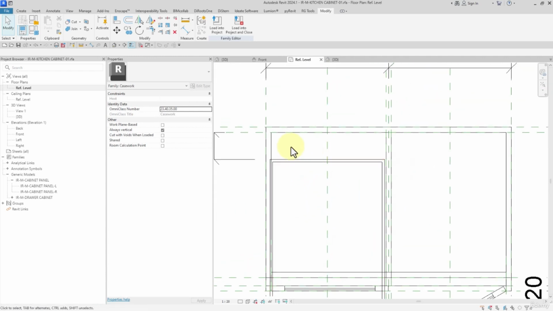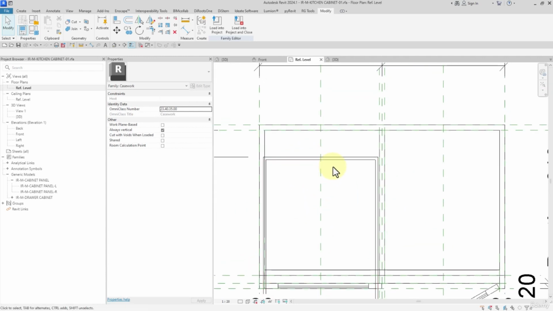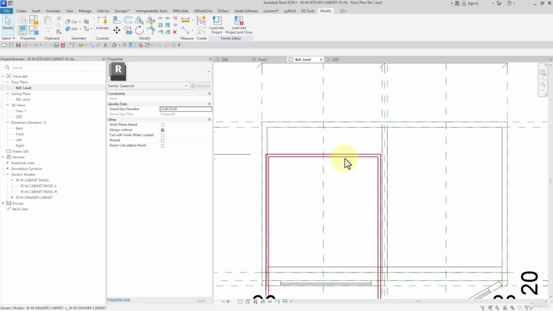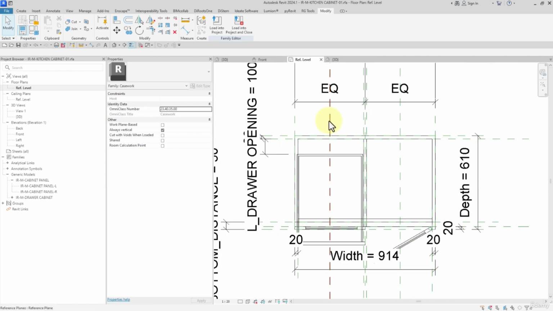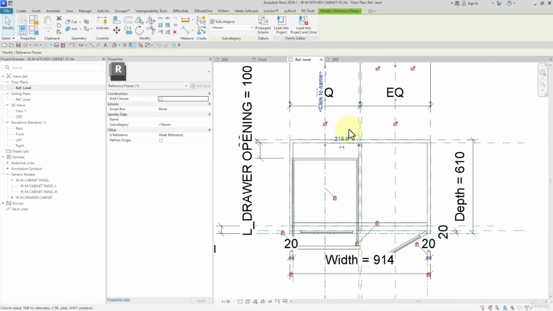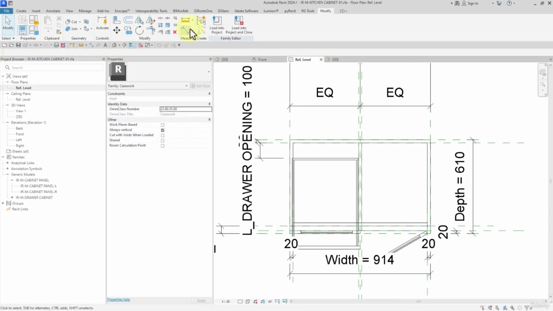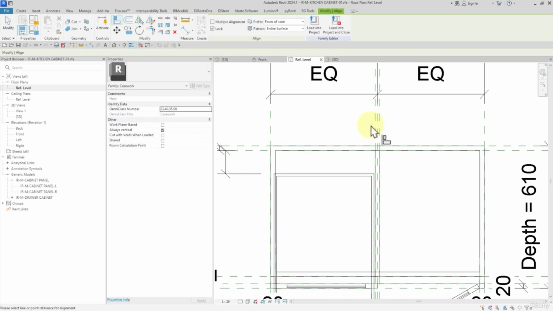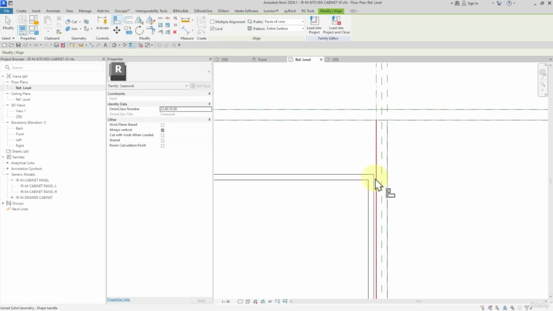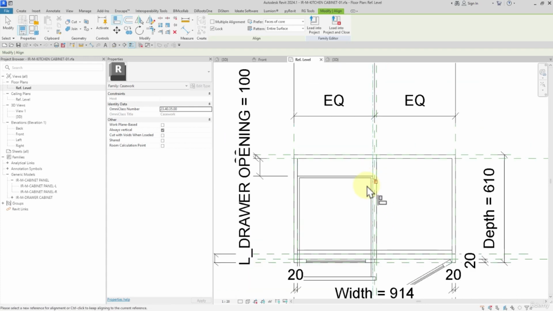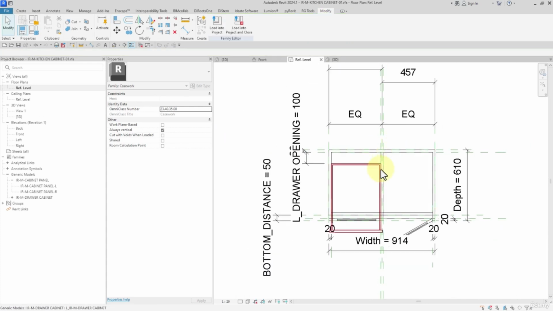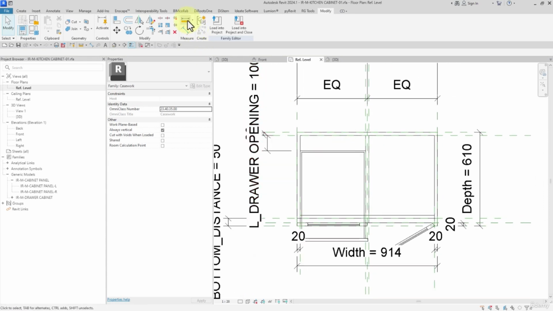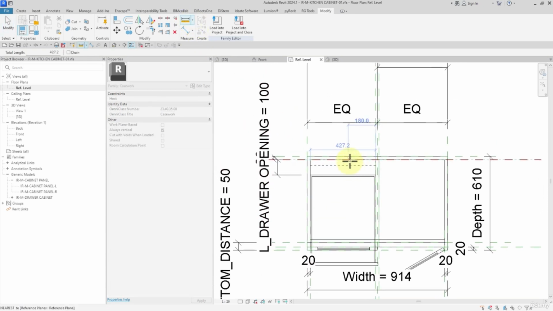Then the next item in this part, here the position is not fixed. Okay, I delete these, and then I want to align it in relation to this reference plane, which is more accurate. And then measuring the distance,